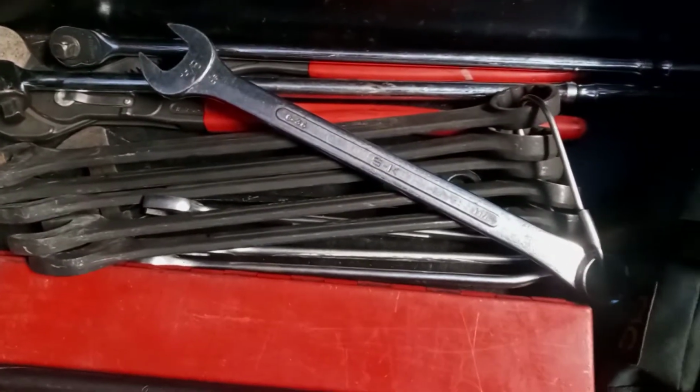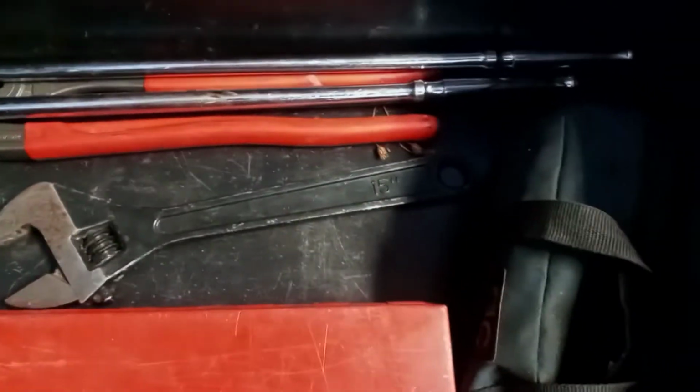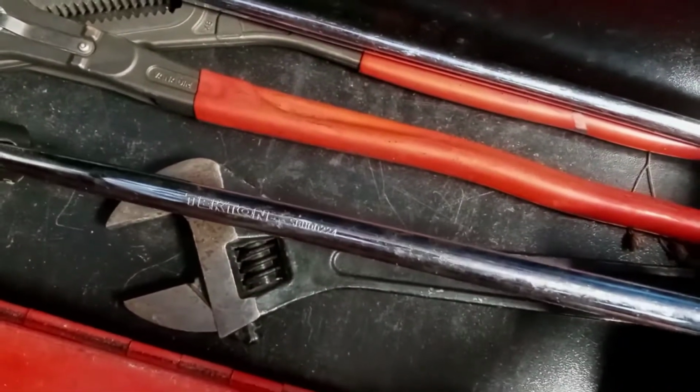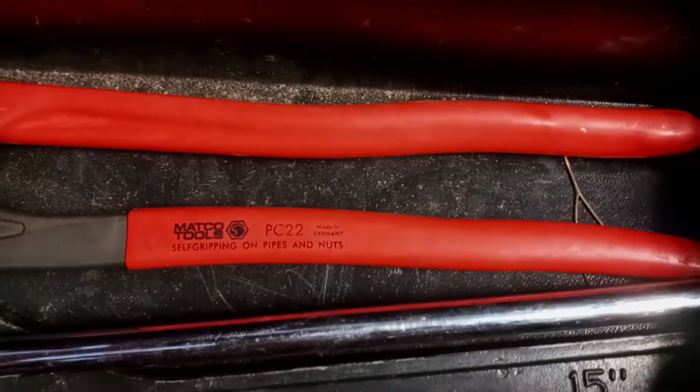wrenches up to 1.5 inches, everything from SK Snap-on, SK Craftsman, Blackhawk, Job Smart, 15-inch adjustable wrench, my 22-inch Kinetics Cobras, 24-inch Tecton breaker bar, 24-inch Tecton ratchet, Matco Kinetics Cobras PC22,